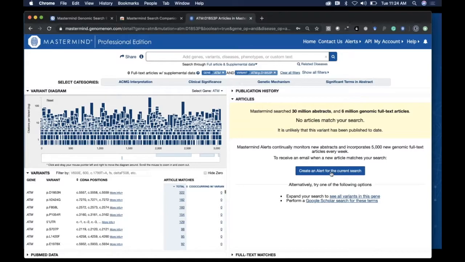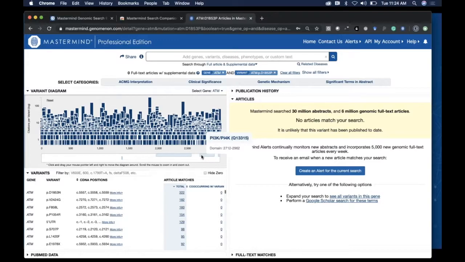On the left-hand side of Mastermind, it allows me to showcase the exhaustive search that we performed of the ATM gene, just as we've done for all other genes. That is the variant landscape for the ATM gene. And you see each of those peaks on the Manhattan plot is an individual variant. The x-axis depicts the linear axis of the protein with functional domains in the protein, the FAT domain and the